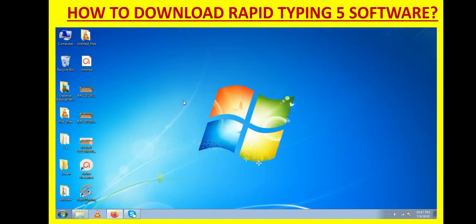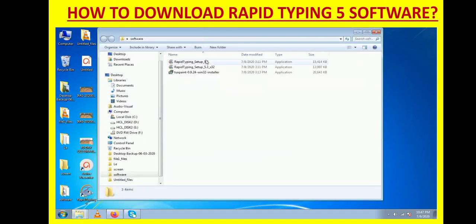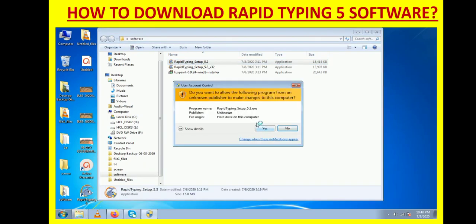Then go to the location where you have already downloaded that file and double click on the file. It will ask you whether to allow this program to run or not. Click on yes.